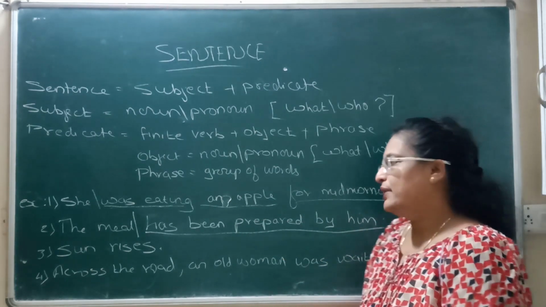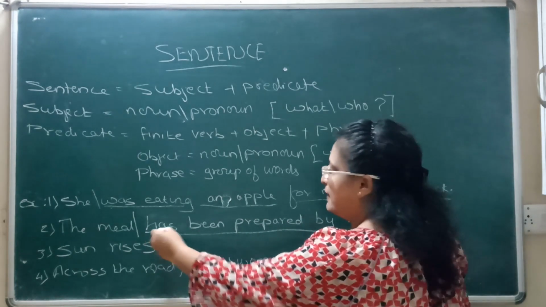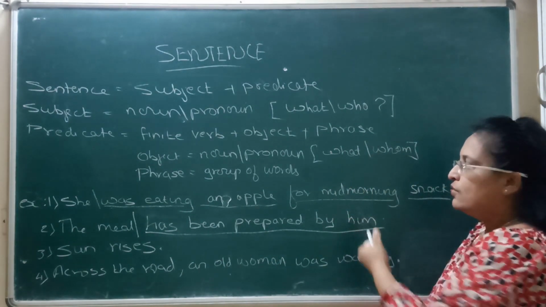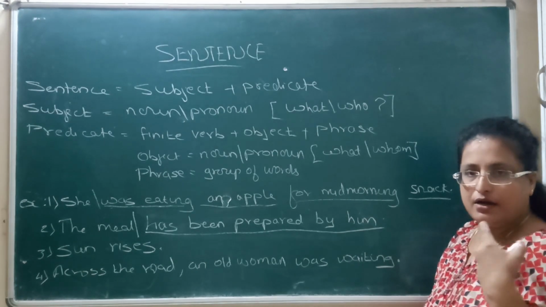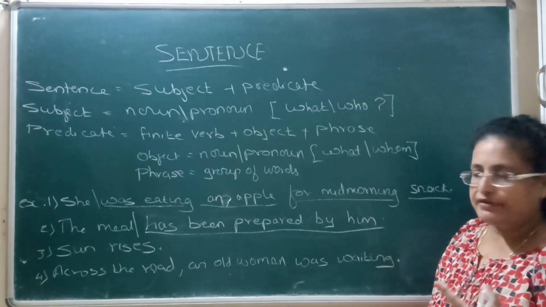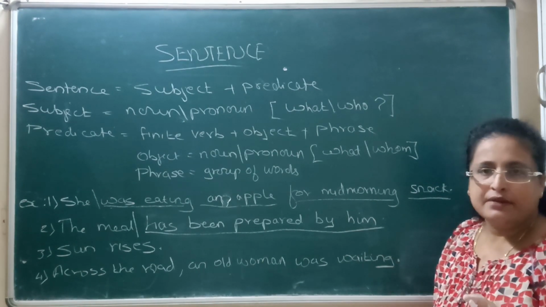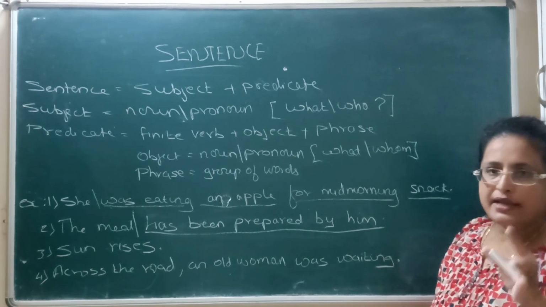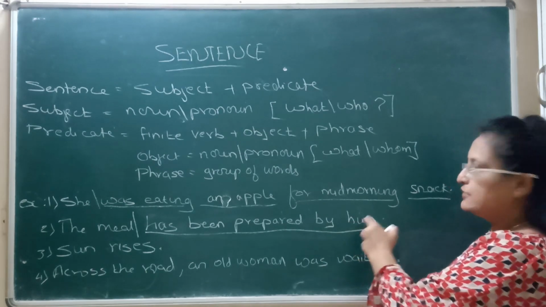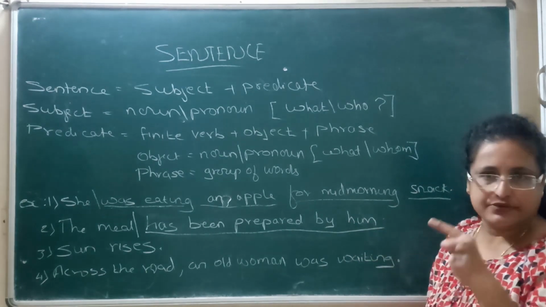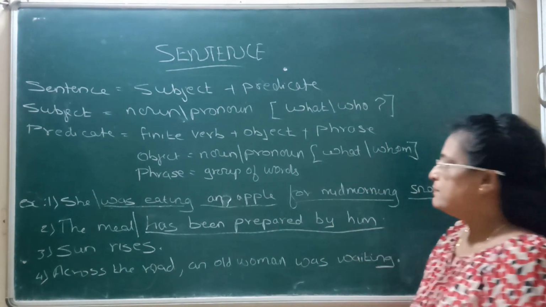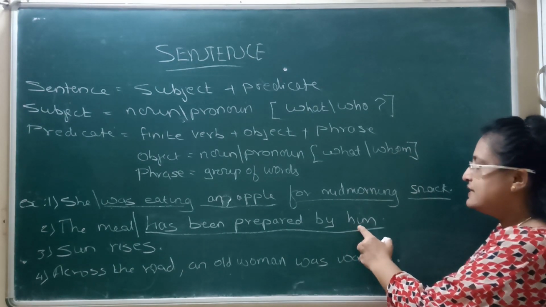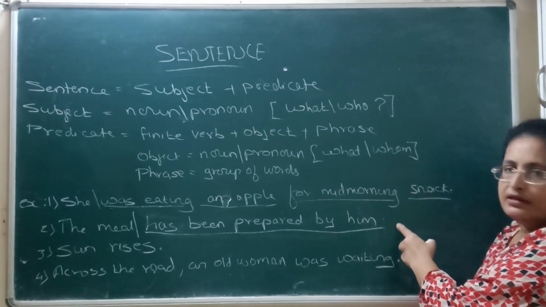Now, again, you have to identify has been prepared is the verb. Now, you have to understand this him, what the position is, whether it is an object or whether it is a phrase. Again, object के लिए मैंने क्या बोला था? आप question frame करो, either by what or by who. Now, him is a person, so the better way is you just frame the question with whom. The meal has been prepared by whom? See, you are getting the answer him. So this is the object in this particular sentence.